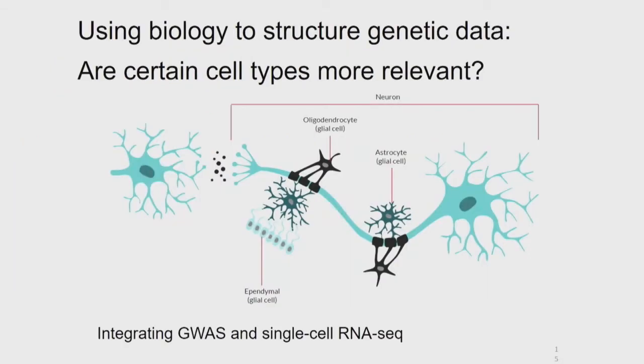So Nathan, when he came to my lab, he asked a really simple question. It's like, can we use the biology of neuroscience to structure the genetic data? Because it turns out that these genetic data is largely unlinked. It's like a cloud. But he asked a very simple question then. If you look at the literature of schizophrenia, you'll find papers that support that any one of the brain's cell types carry pathology. So you have a myelination deficit, you have changes in astrocytes, you have definitely changes in neurons, etc.